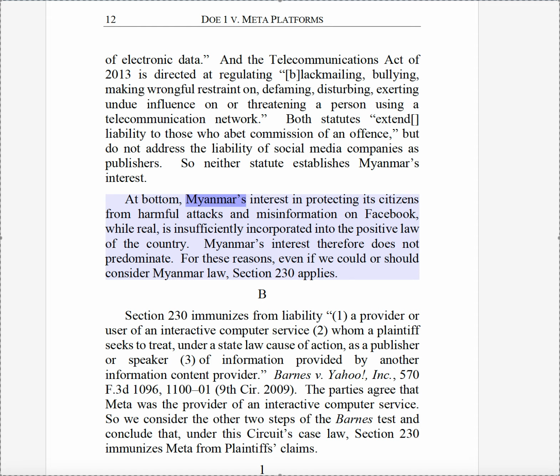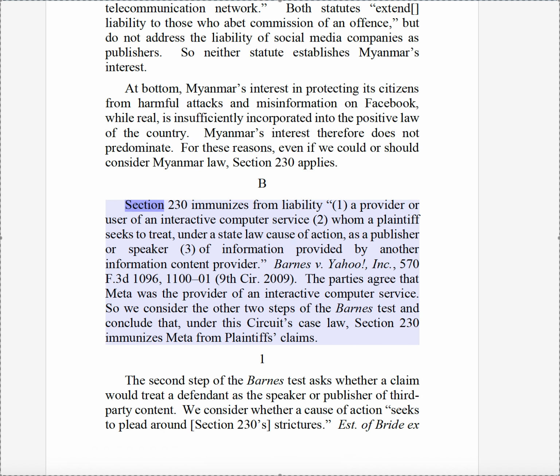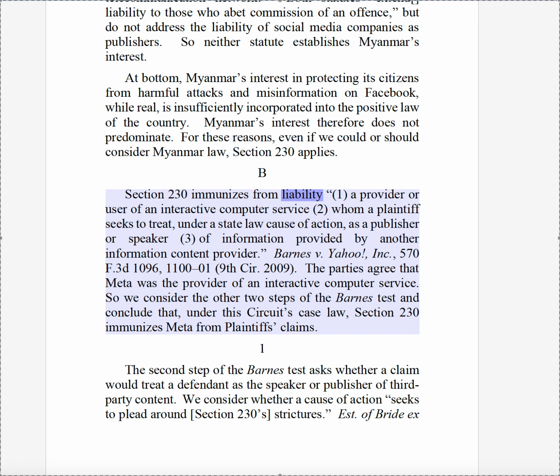At bottom, Myanmar's interest in protecting its citizens from harmful attacks and misinformation on Facebook, while real, is insufficiently incorporated into the positive law of the country. Myanmar's interest therefore does not predominate. For these reasons, even if we could or should consider Myanmar law, Section 230 applies. B. Section 230 immunizes from liability: